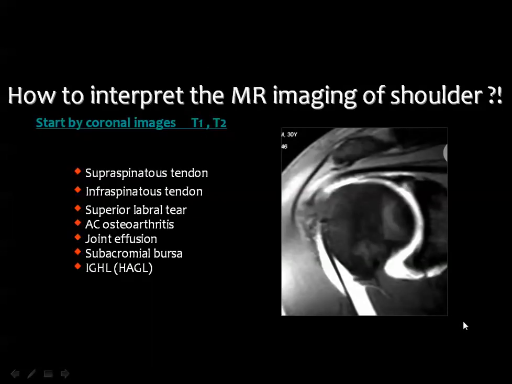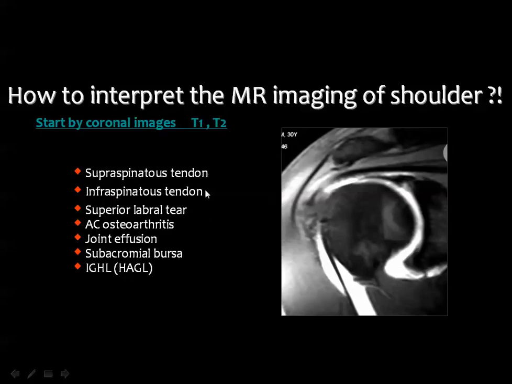Then how to interpret the images of the shoulder by MRI. This is just a recommended approach if you want to go through this. If you have another idea, it's good. In my opinion, you should start with the coronal images in the T1 and T2 weighted images. Then you evaluate the lesions and structures which are clearly seen in these particular images, including the supraspinatus tendon,